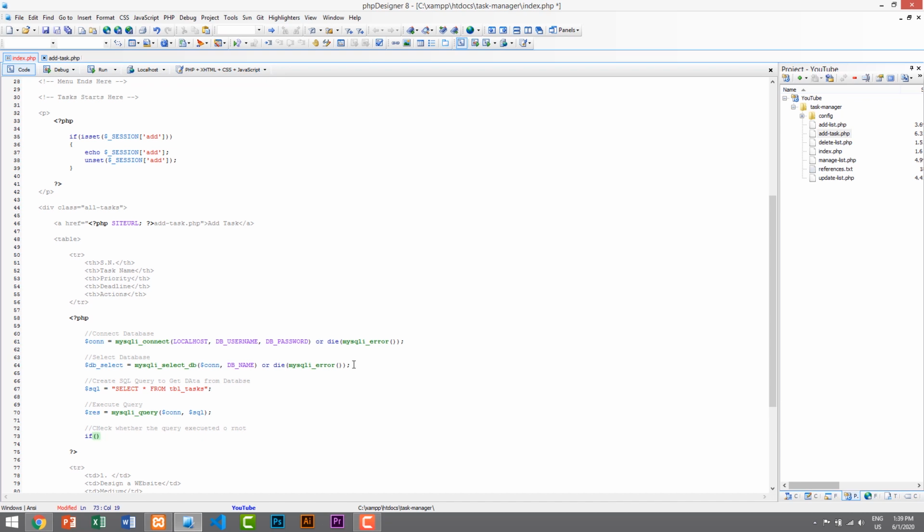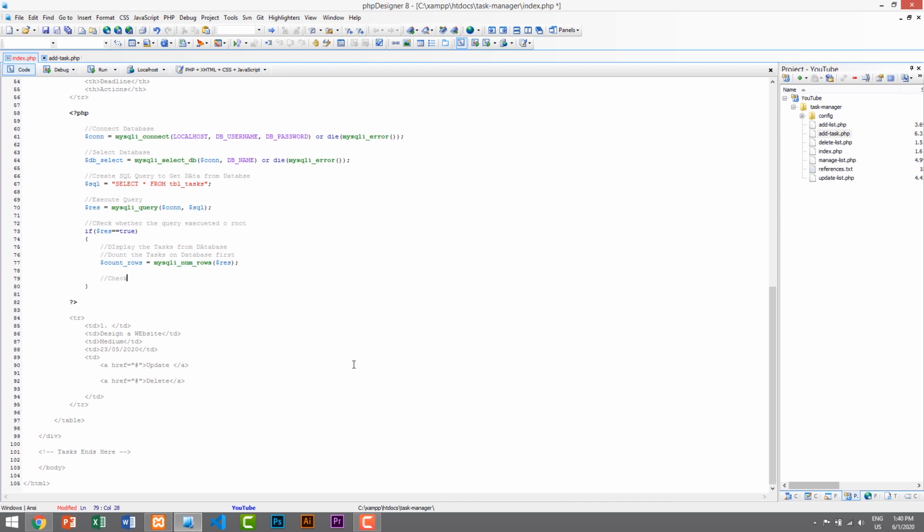So if $res is equal to true, then we will display the tasks from the database. And here we also need to count the tasks in the database first. So $count_rows equals mysqli_num_rows, and here we'll pass $res,